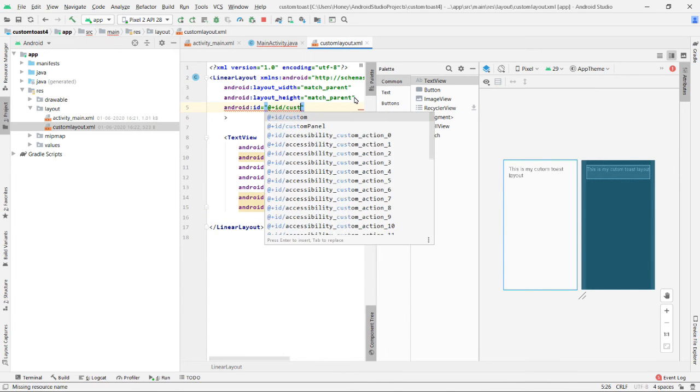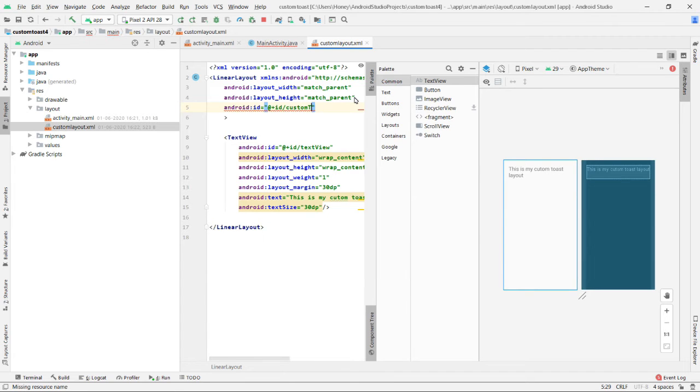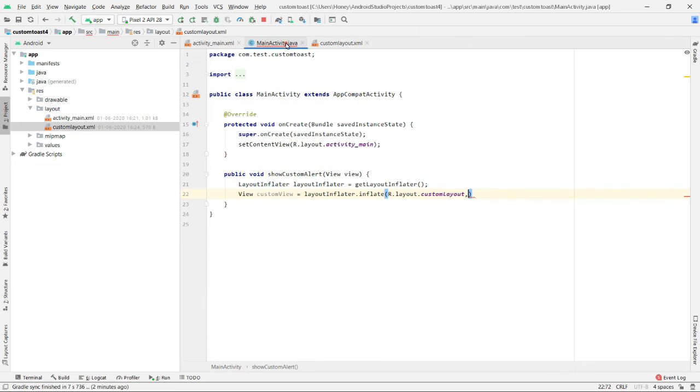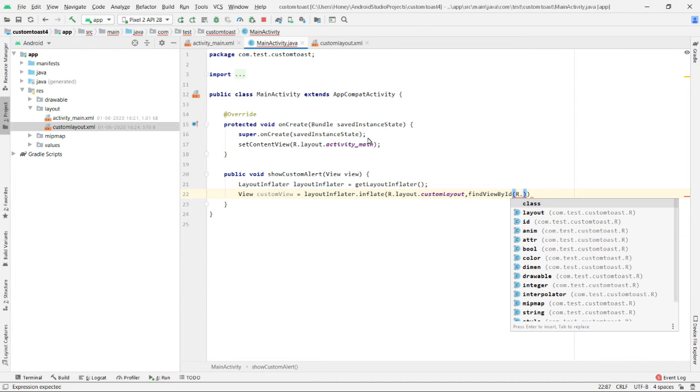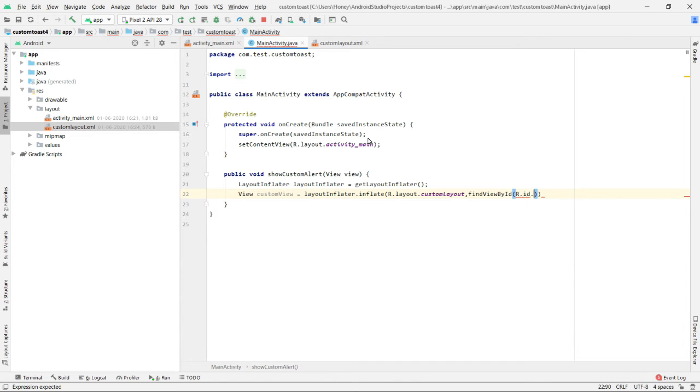We will give the name as custom toast layout, and here I will provide the root ID with the help of findViewById, custom toast layout. So we have assigned the two parameters. The first parameter is the XML resource and the second parameter is the root ID of the component.